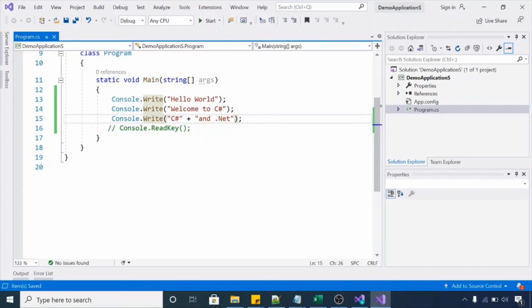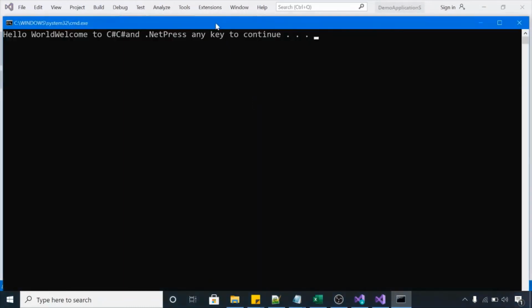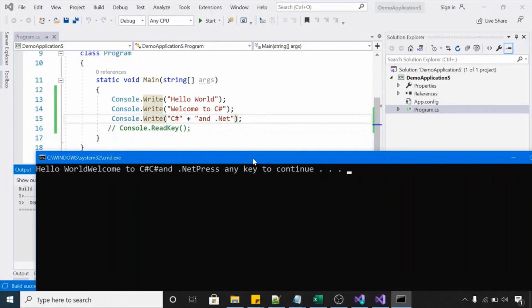Let me show you the output. I'm just pressing Control F5. So have a look. Now you are having all the output of these lines in a single line, without any extra space or any tab value here. Okay, it's printing all the outputs from these lines in a single line.